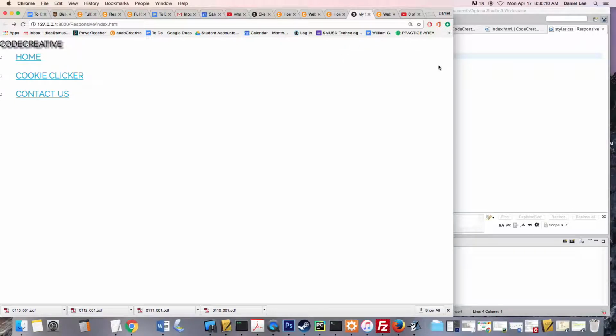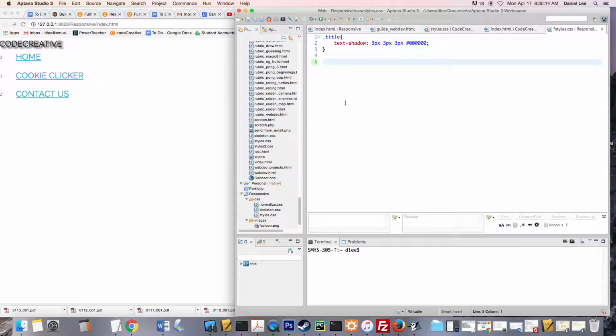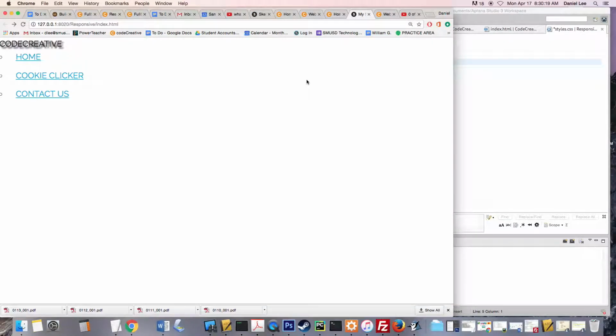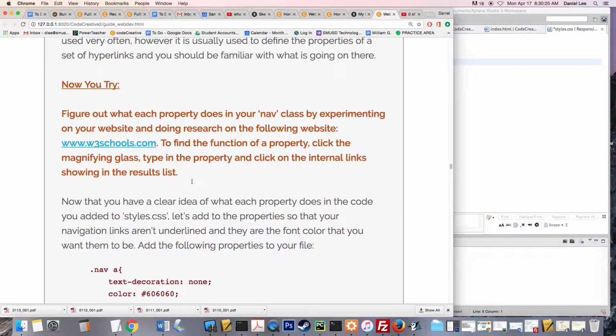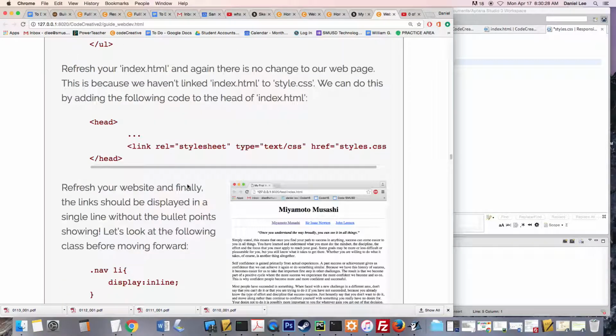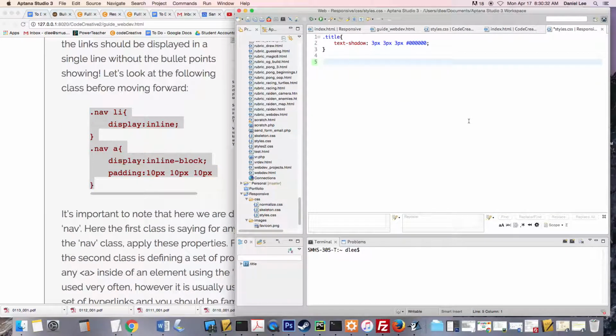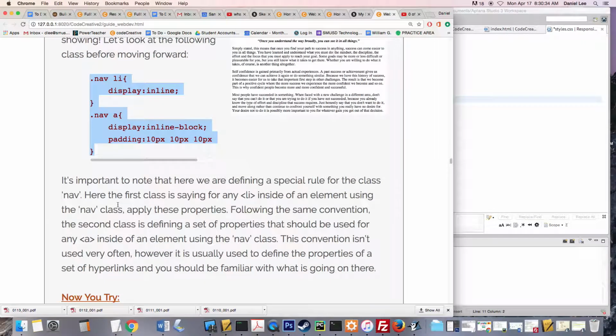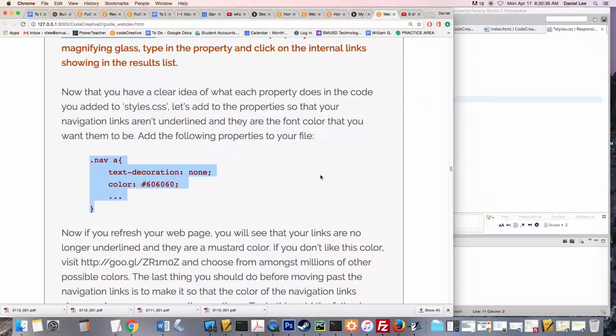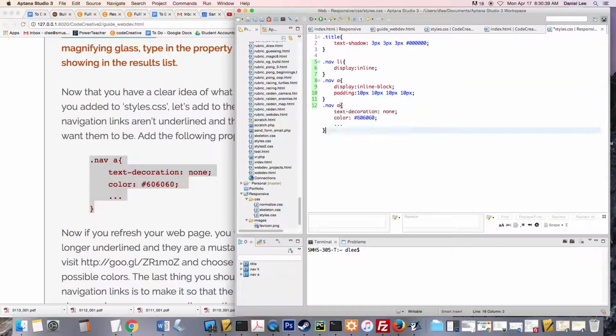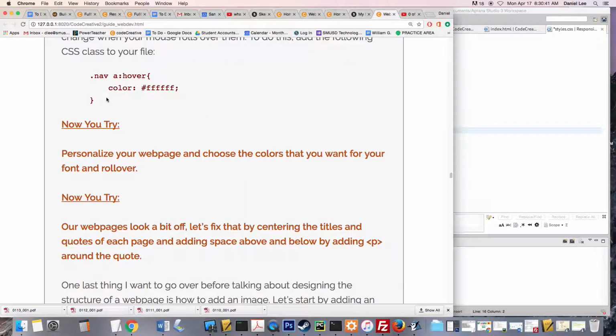So the way that we're going to do that is we're going to go into the CSS file, and we're going to define the way that we want our navigation links to look. If you remember from the first web page, we defined that in a very particular way. And so I'm going to come back over here to the tutorial that we used, and I'm going to grab this code, paste it in. I'm going to grab this code and paste it in, and I'm going to grab this last piece of code